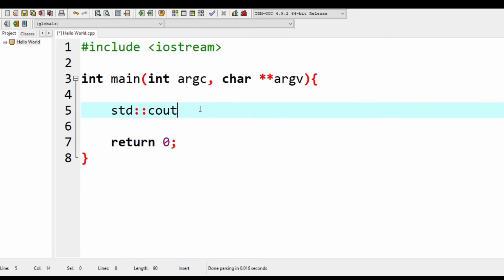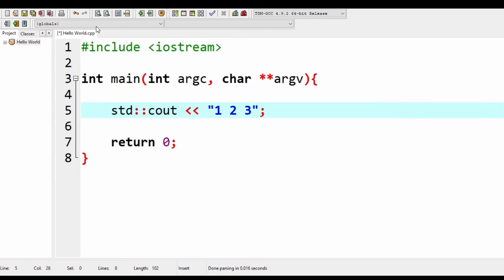Okay, and then next we have two less than symbols. Two of that. And then we have, okay, why are we using this double quotation mark? So basically, we use double quotation marks when we want to output or perhaps input strings. So what are strings? Basically, strings are a set of characters. It can be 1, 2, 3, or something like that, no? And then again, semicolon.